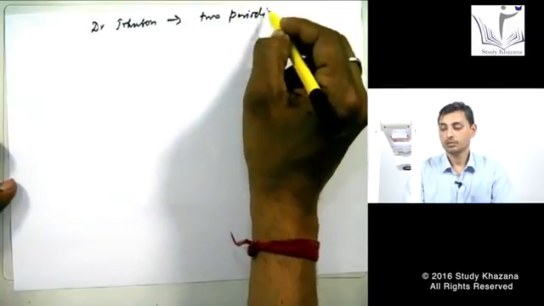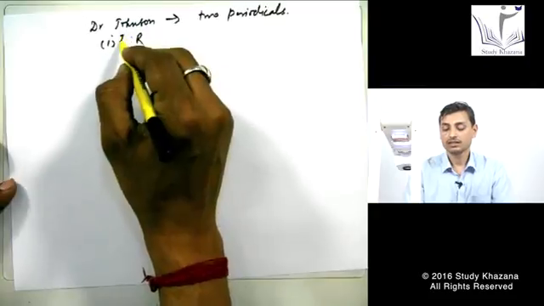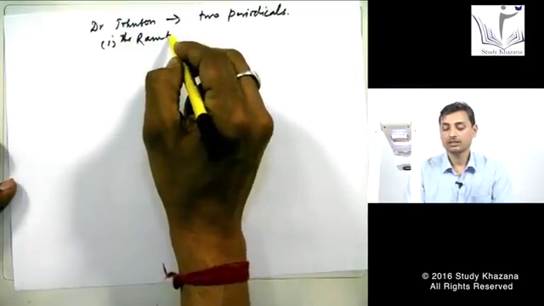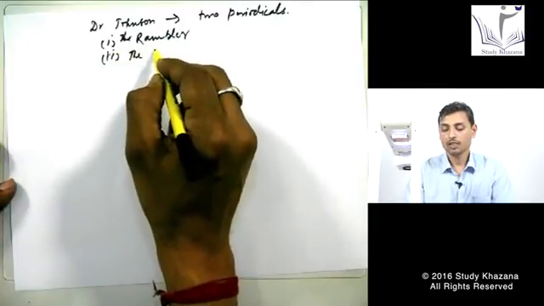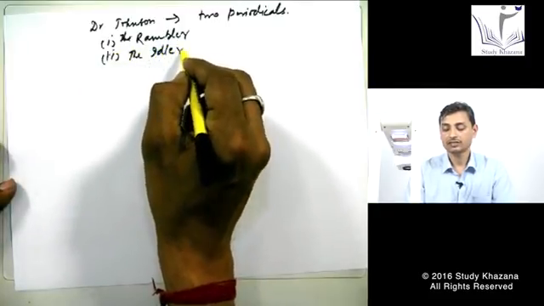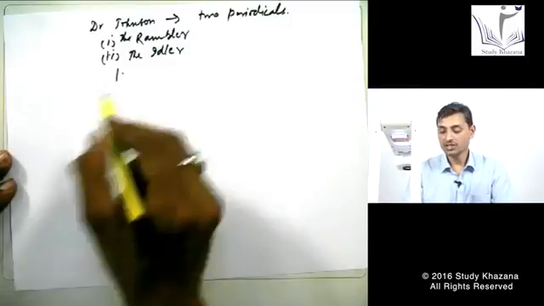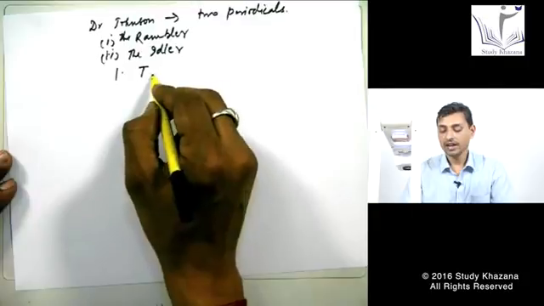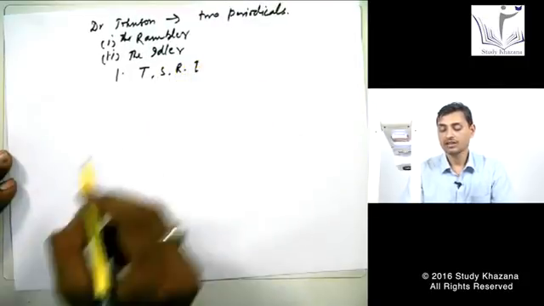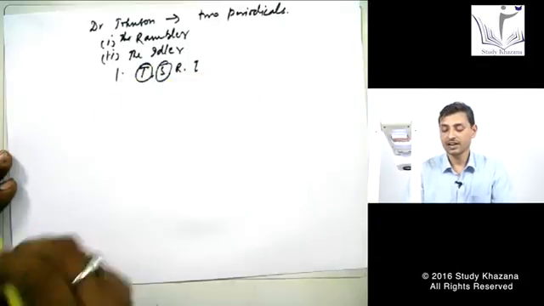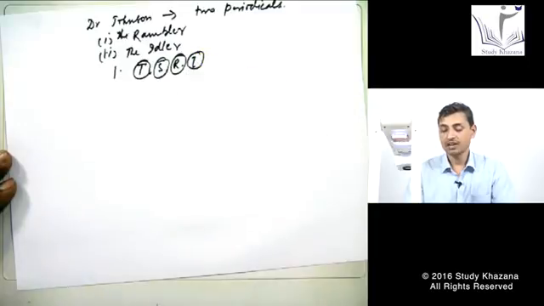The first one is known as The Rambler, and the next one is known as The Idler, which can also be arranged as TSRI. So T here stands for Tatler, S here stands for Spectator, R here stands for Rambler, and I here